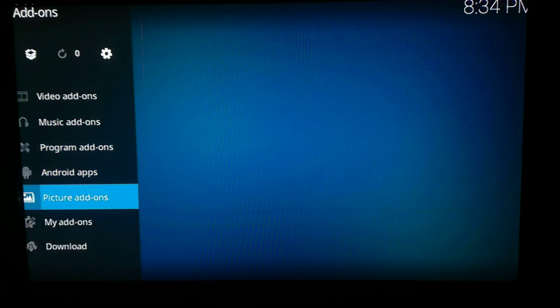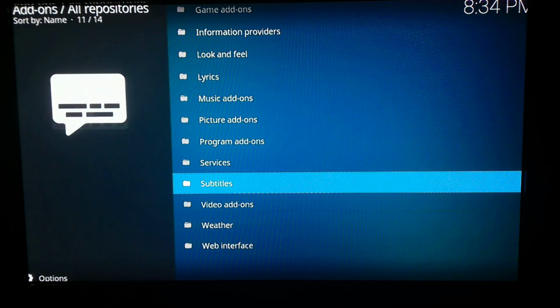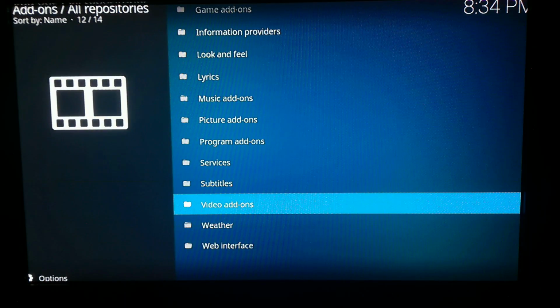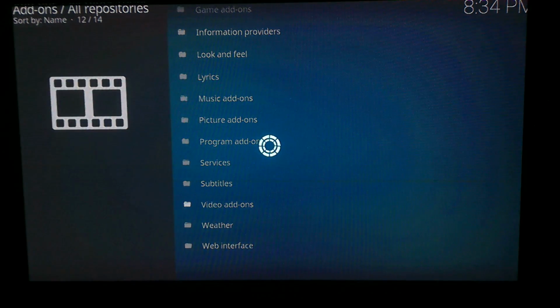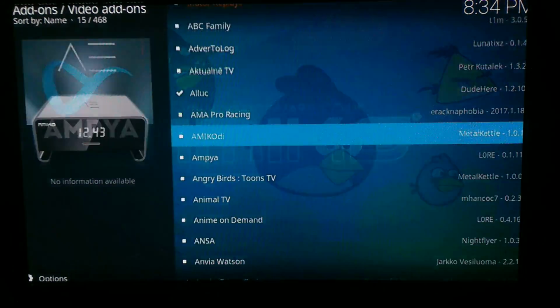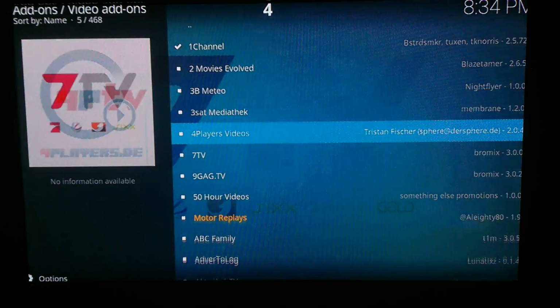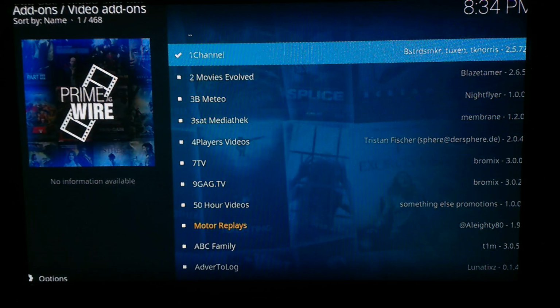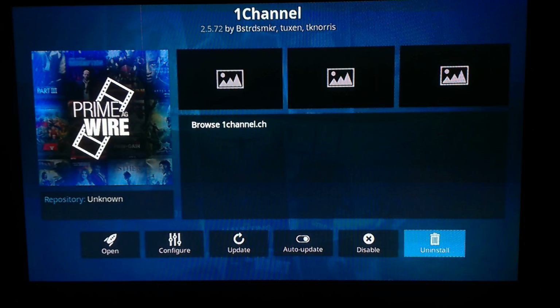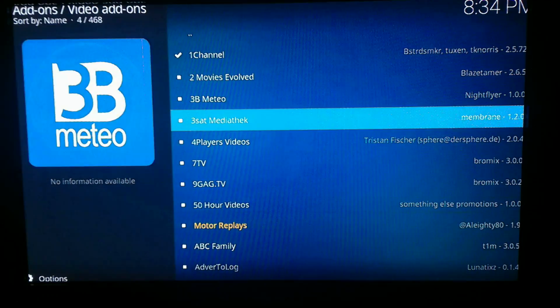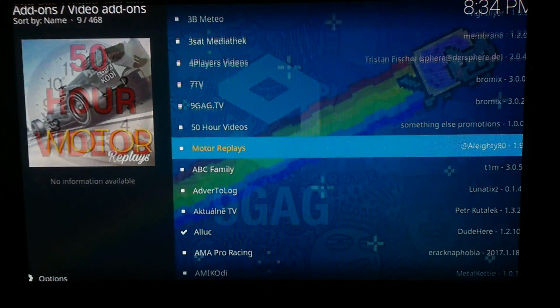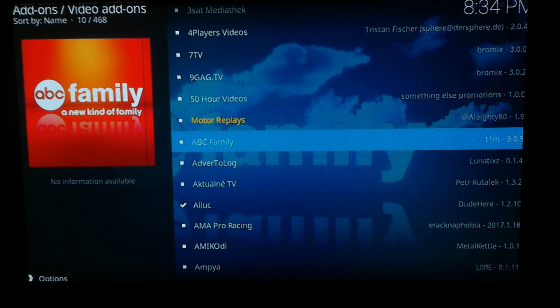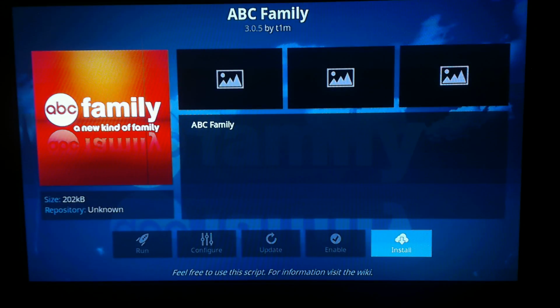You're actually going to come down to download, click on it, scroll all the way down to where it says video add-ons, click on it, and all the ones with the check mark that you'll see are actually installed, like this one channel. If I was to not want it on the stick, I come down, click on it, come down to uninstall. Now if I do want one of these, say ABC Family, I would click on it, push the install, and